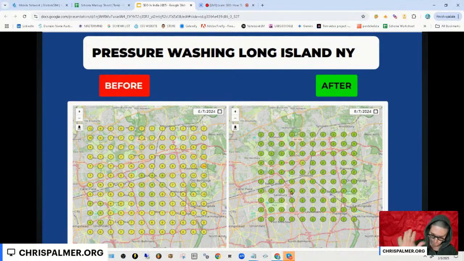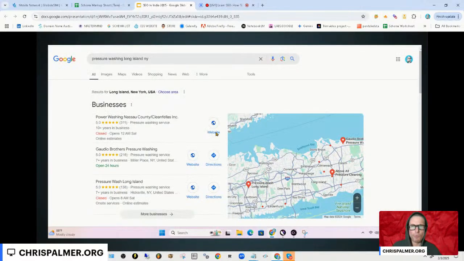So what I was showcasing here is, hey, we took this process of impressions and click-through, and of course proper optimization, and we're taking businesses from the left to the right. This is just one of them. I've shown it a few times. We manage and take care of just their GBP. I don't know if we signed them back up for this year, so maybe after this I won't show them anymore. I'll have to go look. But here he is, pressure washing Long Island. If I go and look right now, he's probably still in the pack.